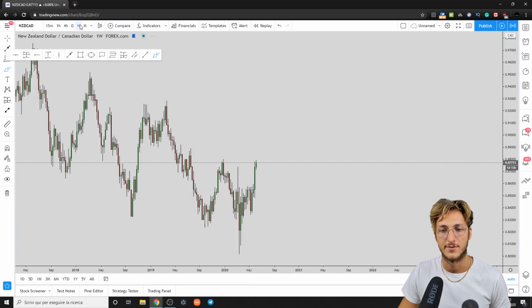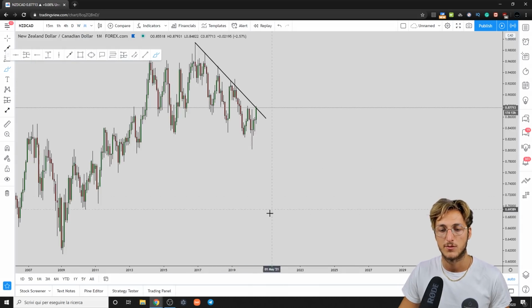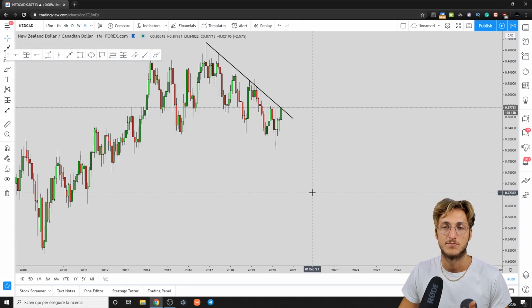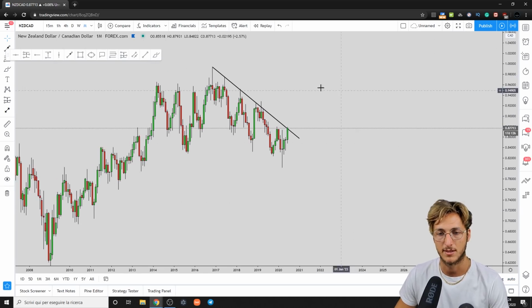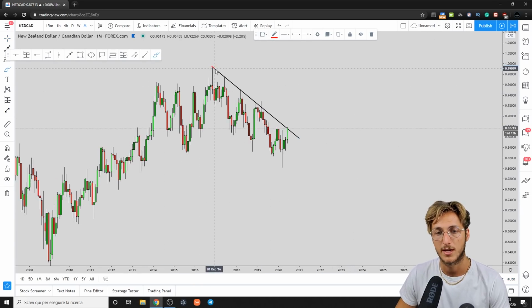Now on NZDCAD, why do I want to speak about this pair? Because it's very interesting from a correlation perspective, because obviously USDCAD and NZDCAD are both correlated. So I want to speak about how even on correlated pairs you can have a little bit of a different scenario. Now here on the monthly time frame, what you can see